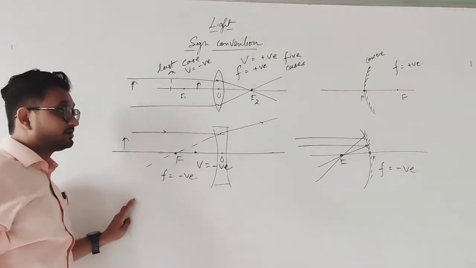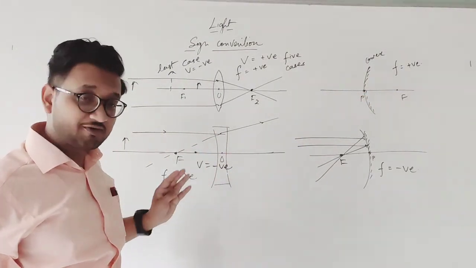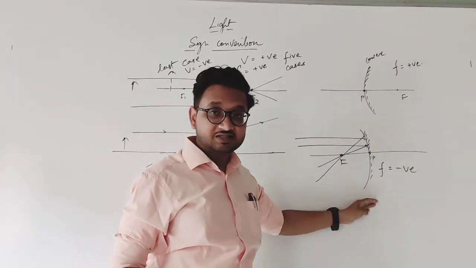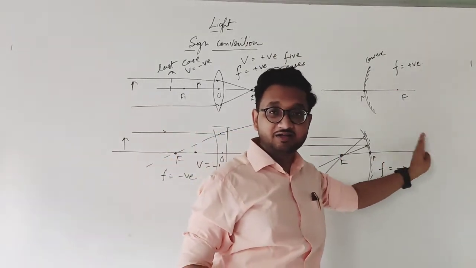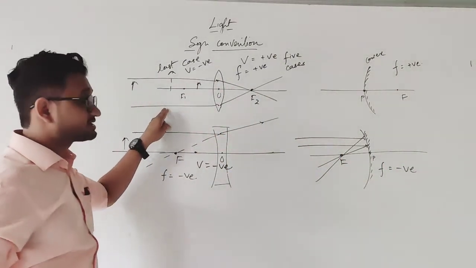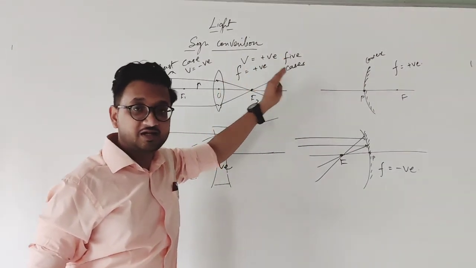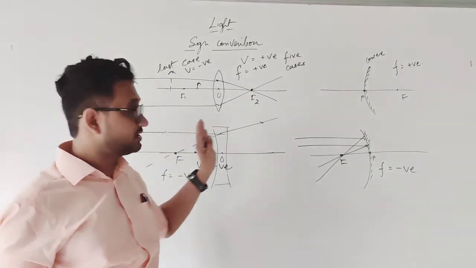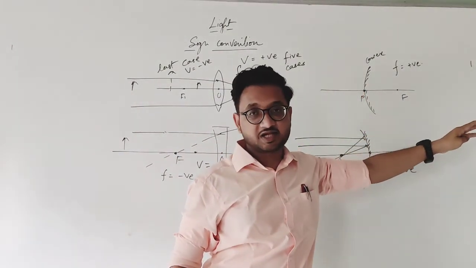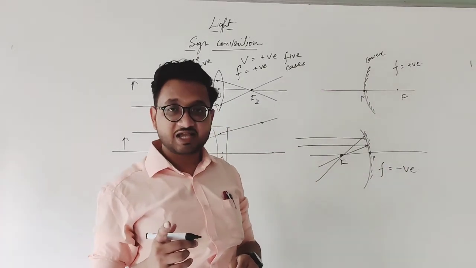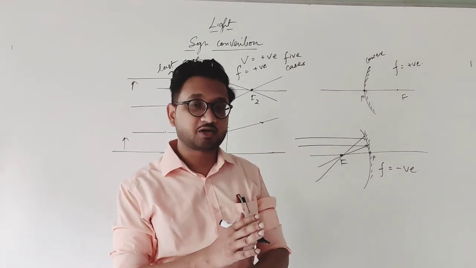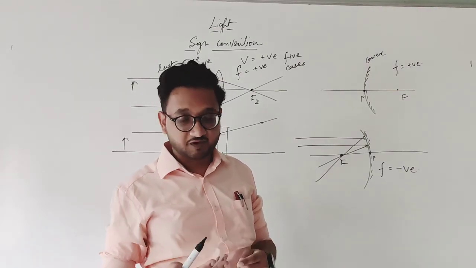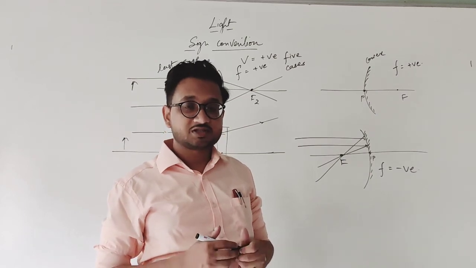So the same thing: properties are reversed, however the sides are changed. For a concave mirror, 5 cases were on this side and 1 case on the right hand side. For a convex lens, 5 cases on the right hand side and 1 case on the left hand side. In this one, all the cases on the left hand side. In this one, all the cases on the right hand side. Properties of the image are the same, but the sides are reversed because the mirrors are also reversed and the rays traveling are also different. I hope it is clear to you, students.